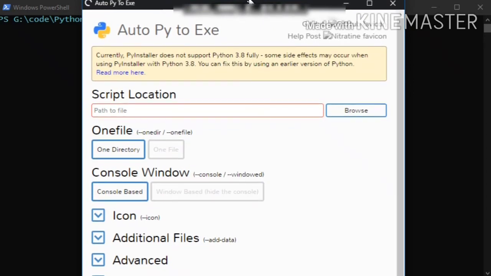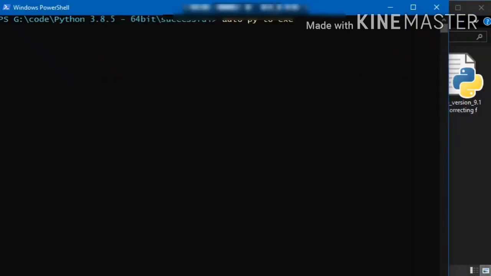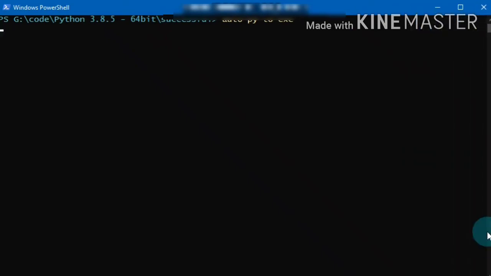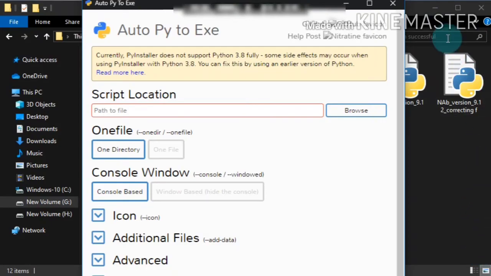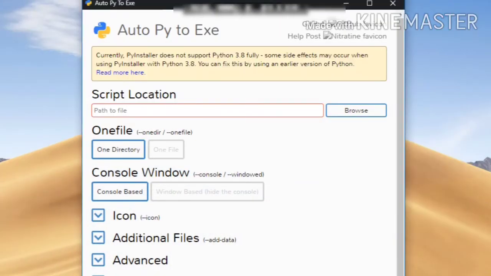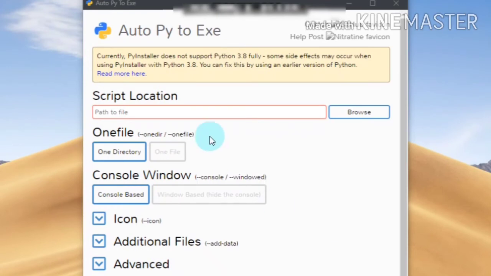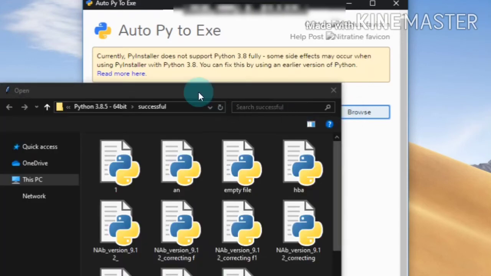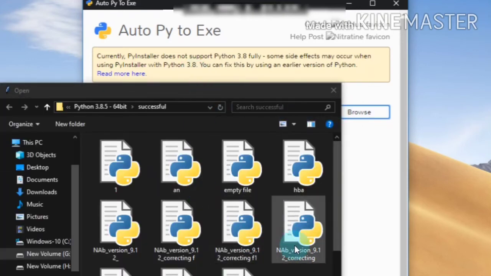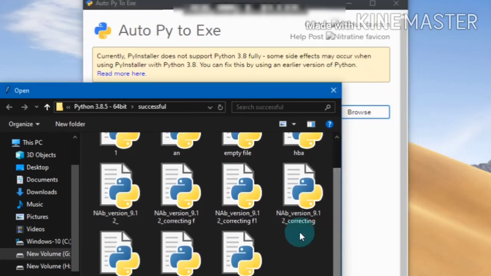I'm going to minimize all the remaining windows. Click browse and select your file.